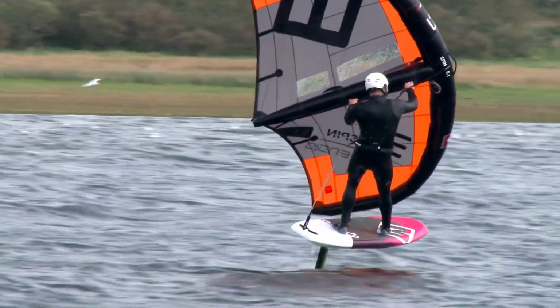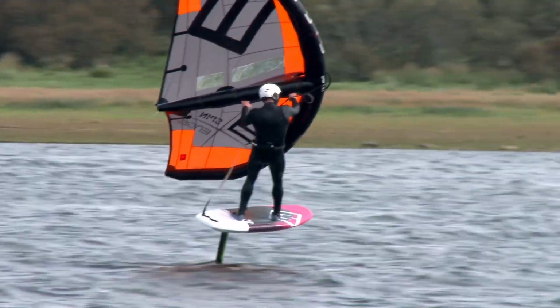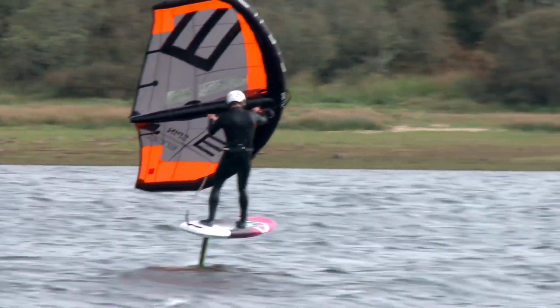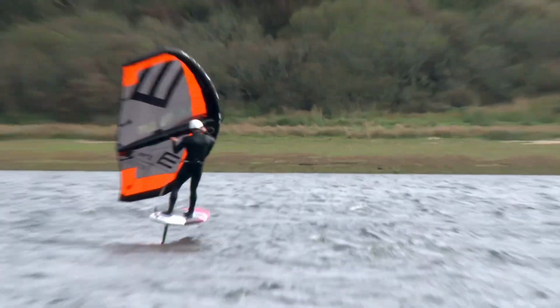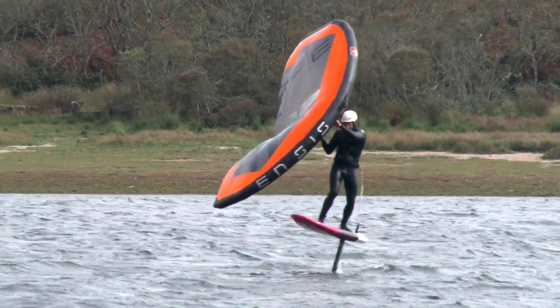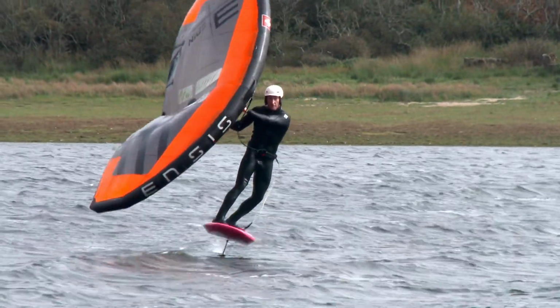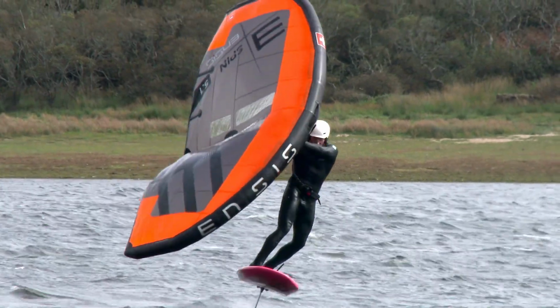Pump with the board, pumping the wing at the same time. It's quite a combination of a pumping motion. You lift the rig up and down in a sort of rotary motion, rather than a windsurfer that you flap around. So he's riding across now, riding toe side, so his toes are on the upwind rail, and